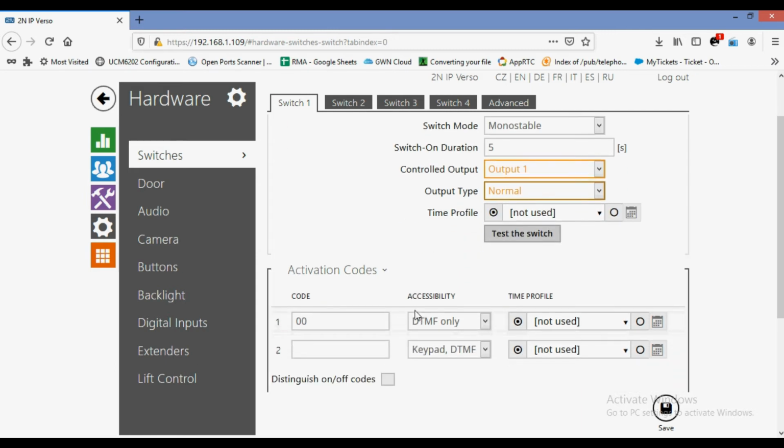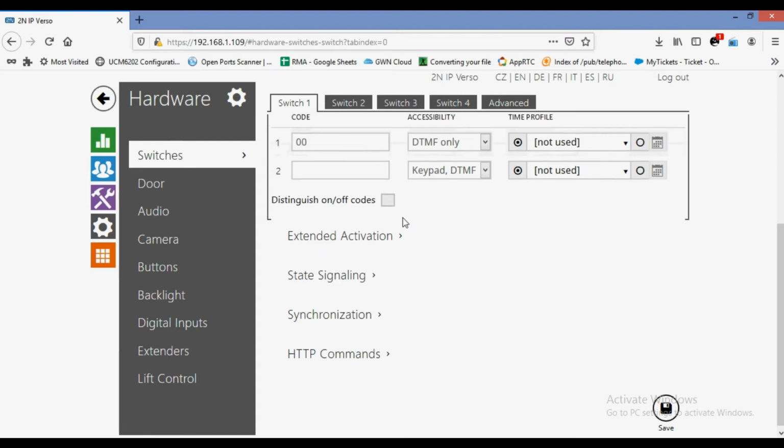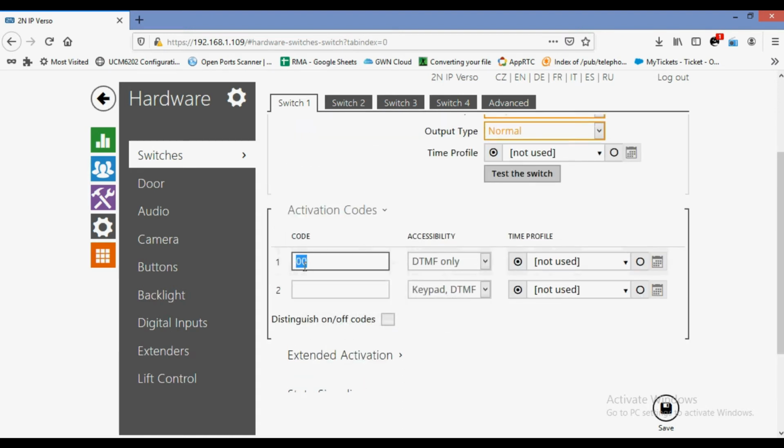So this is the setting for lock configuration, and you have to select a code here, like 4, 5, 6, 7. If you call this device from outside or from a phone and want to operate the door lock, you just have to press 4, 5, 6, 7 and the lock will be operated. And if you want to operate the lock via the keypad of the TrueNIP Verso, you just have to press star 4, 5, 6, 7 and then S. So the door lock will be operated.